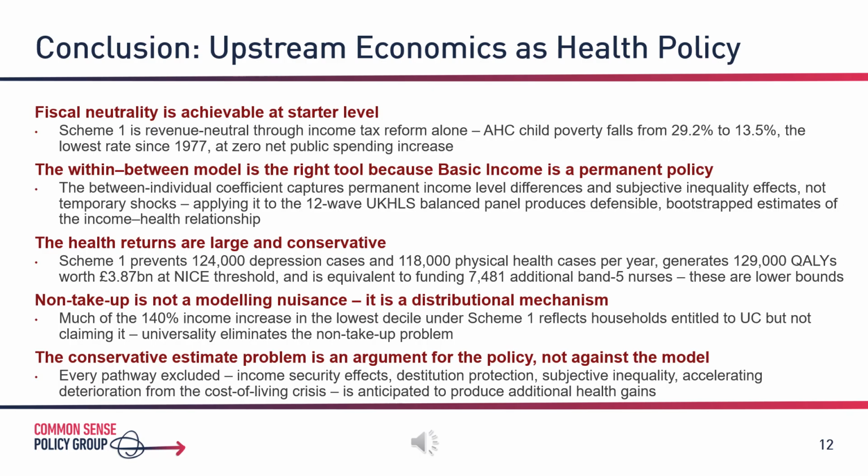Lecture 8 asks what the distributional and health evidence alone cannot answer. What does the public actually think, and can a party implement this policy without electoral damage? The conjoint analysis tests public preferences across basic income's attributes, using trade-off designs that overcome the well-documented problems with single-question polling. The analytical journey from distributional microsimulation through health microsimulation to public opinion measurement is not a sequence of separate methods. It is a single integrated argument for a policy that is affordable, effective, and more popular than the political class currently assumes.